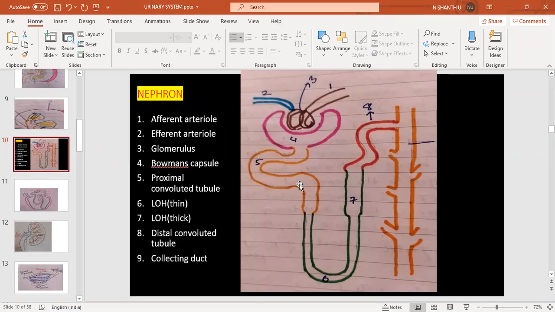Then automatically what will happen? Even the substances which are not at all required for the body, they will get reabsorbed into the body. And finally, you will get a very, very less amount of urine. So both are problematic. If high glomerular filtration is there, then reabsorption will be very poor. Elimination of the essential nutrients will take place. Consider if glomerular filtration is very low, then what happens? The filtrate will move very slowly. Not only essential substances, even non-essential substances also will get reabsorbed into the body. Then toxins also will get reabsorbed into the body.